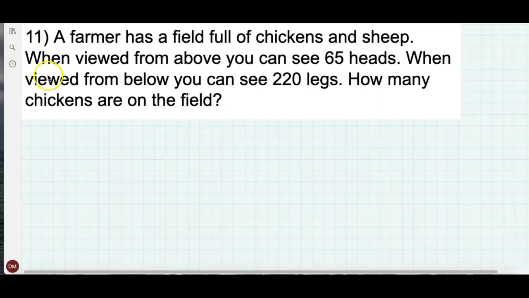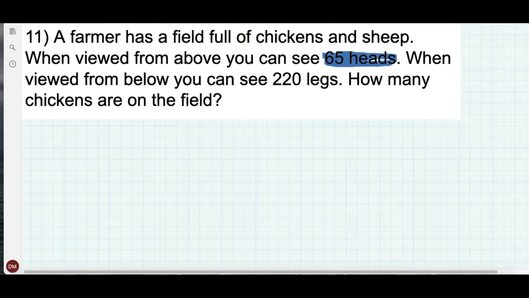Alright, a farmer has chickens and sheep. And so if he's looking from above, he can see 65 heads. So all the chickens and all the sheep, well, chickens have one head, right? So do sheep. So there's 65 animals. Okay, let's highlight that. So there's 65 heads here,